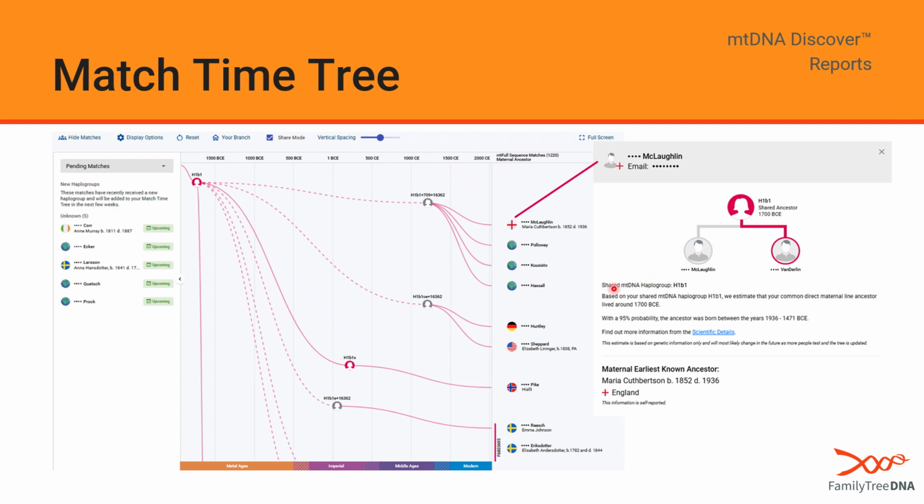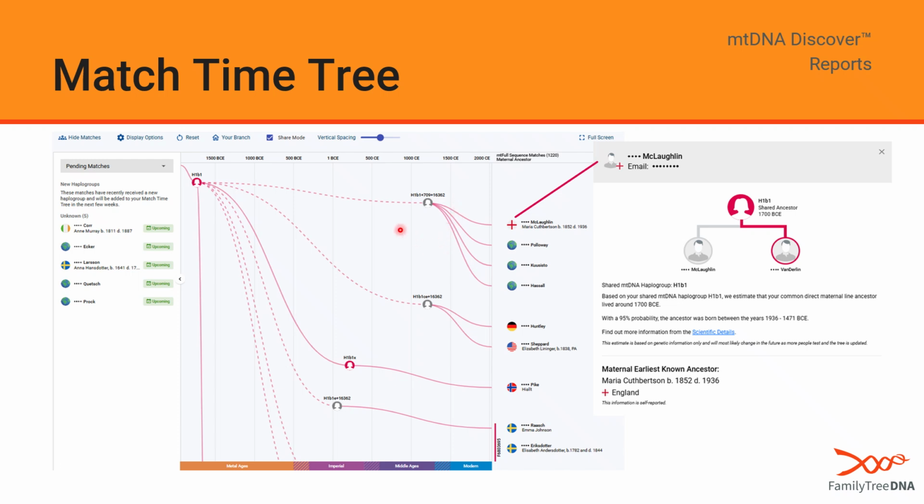But you can see here that when you click on it, it tells you how you're connected to that person, as well as where you might be in relation to the common ancestor. So this again can be a lot of information, because you're talking about a lot of haplogroups here. That can be a long list of